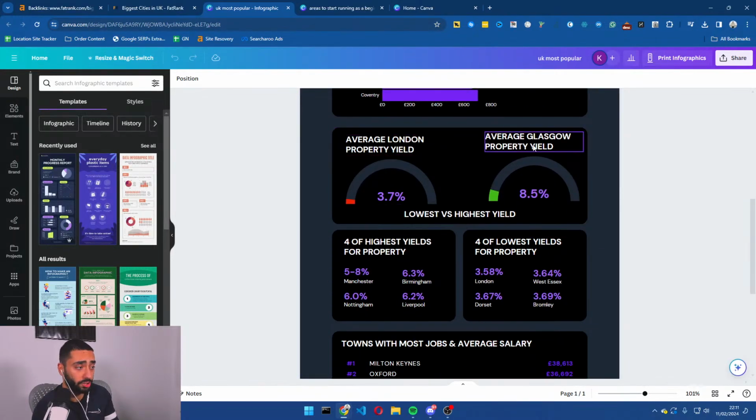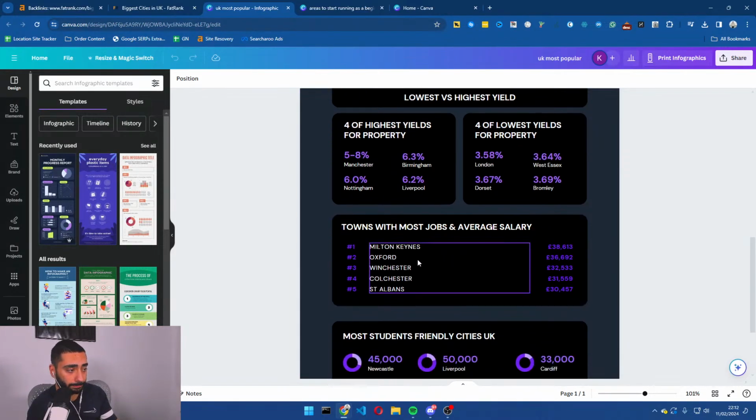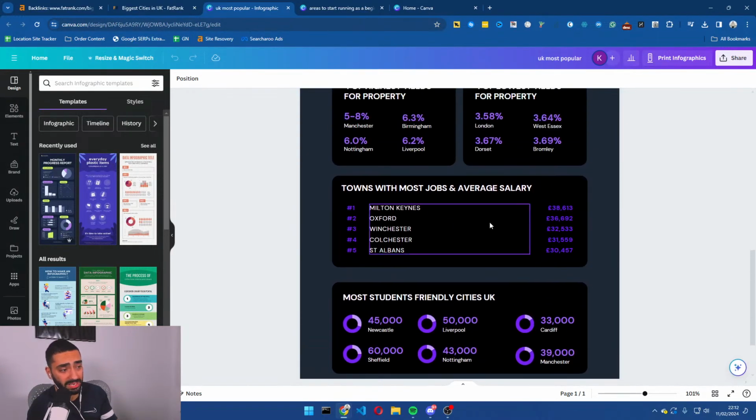Then we done the average yield. So again, this is all things that an investor would want to look at. So then we done 4 of the highest yields, 4 of the lowest, towns with the most jobs and average salaries. And again, this is all crucial information, especially if you are looking to buy a property to rent it.